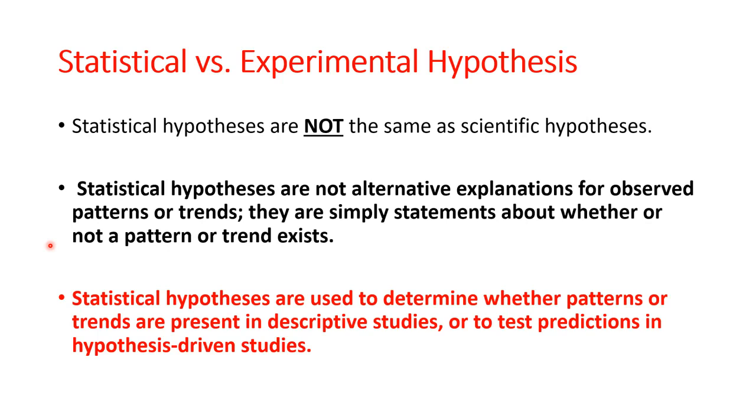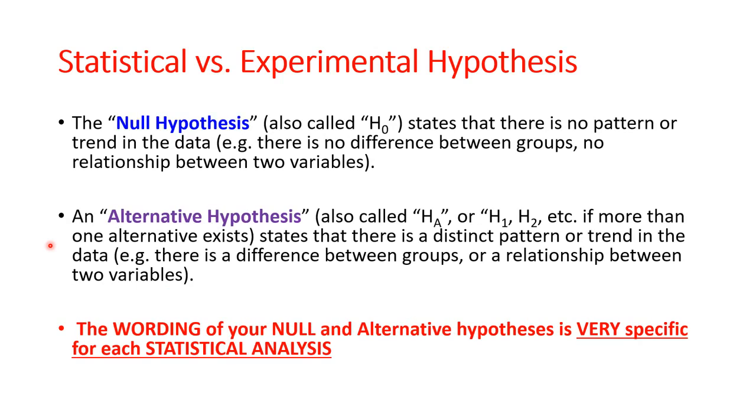And the wording to these null and alternative hypotheses is specific to what statistical analysis you're doing. The null hypothesis in a chi-square is different from a t-test, is different from an ANOVA, is different from a regression, right? It's important to learn the difference between statistical hypotheses and experimental or scientific hypotheses, and that the null and alternative hypotheses are specific to the analysis that we're doing, and it helps frame our inferences of the results